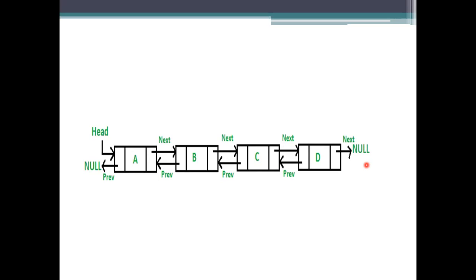And if you want to provide a circular linked list, a circular linked list has a connection back to the first node. The doubly linked list is two-way, or bidirectional. It is not a circular linked list.